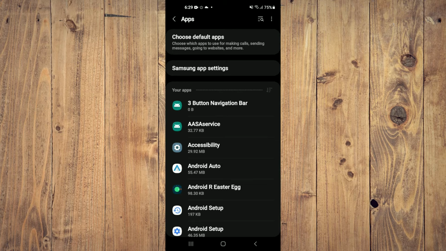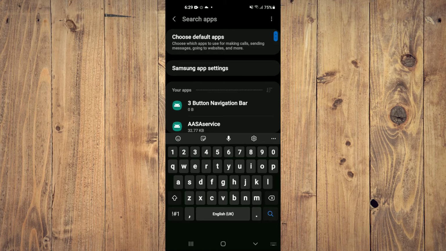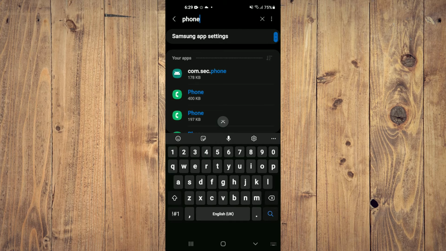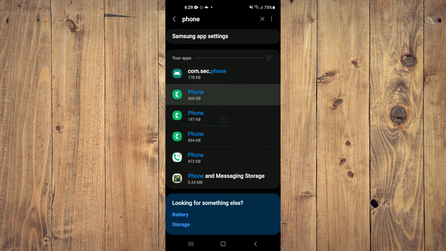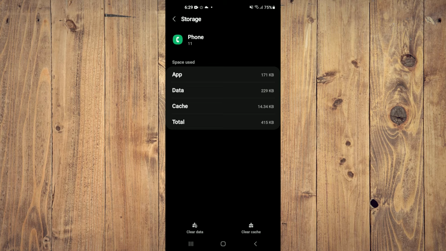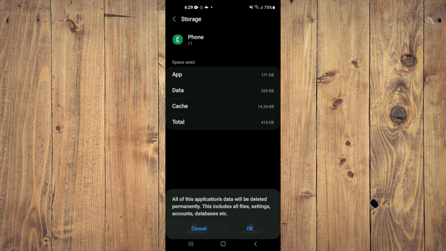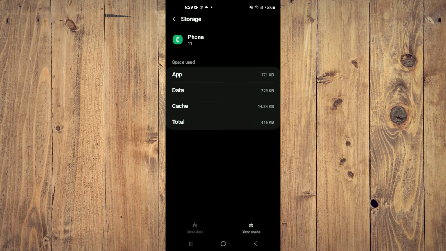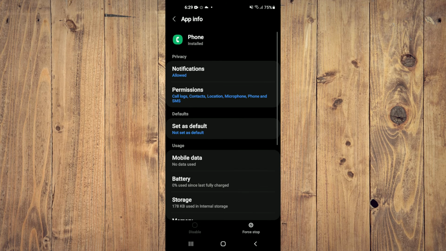After you have done that, you're going to tap on the search icon in the top right hand corner and you're going to type in phone. And from here, you're going to tap on the phone icon and you're going to select storage. Once you have selected storage, you're going to tap on clear data in the bottom left hand corner. And once you have cleared the data, you're going to tap on back